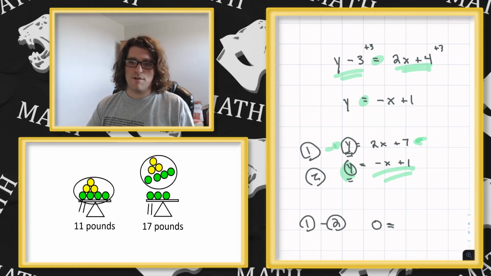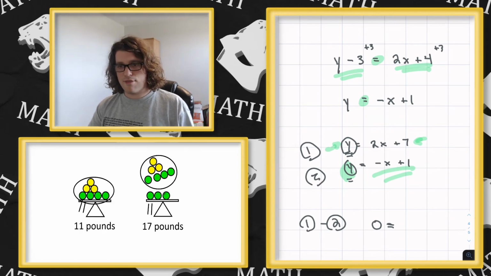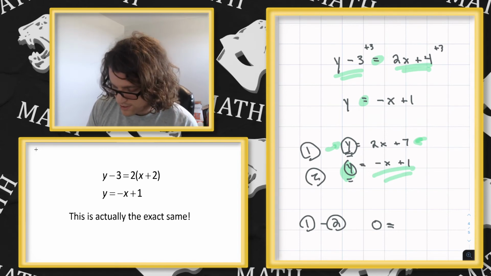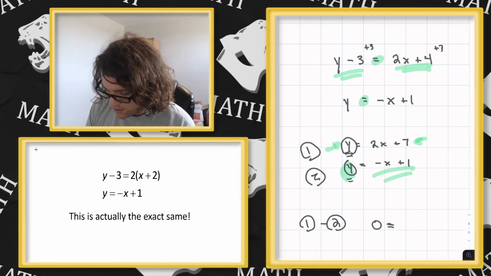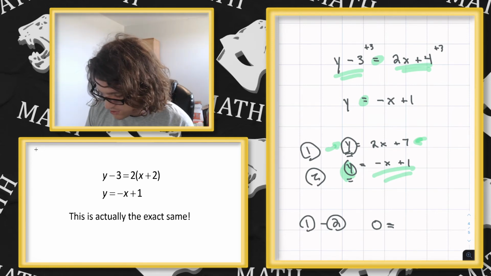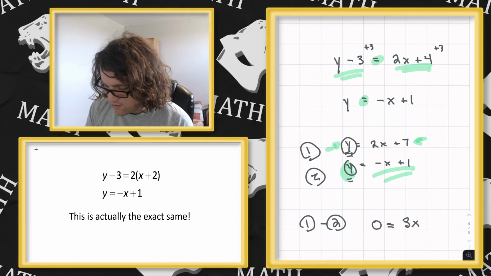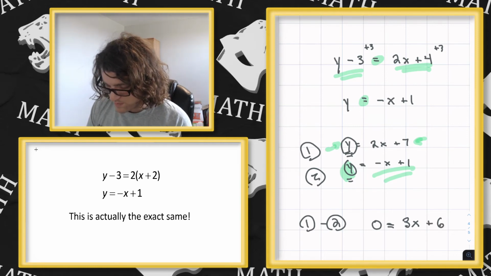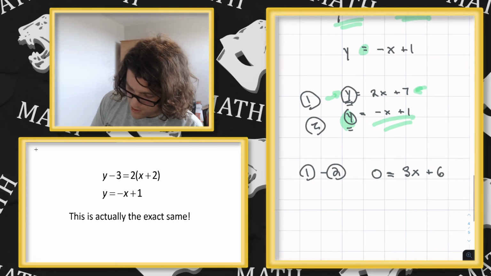So just like over here, where in the end I read that 3 green was equal to 6 pounds, I now have 0 as my left-hand side is equal to, and in this case, it's going to be 2x minus negative x, which gives us 3x. And then I have 7 minus 1, which gives us 6. So I can then rearrange that